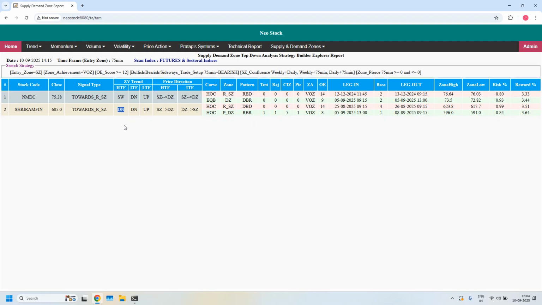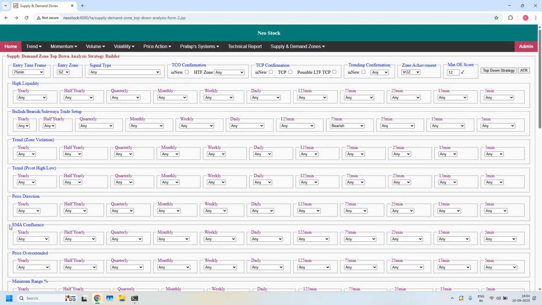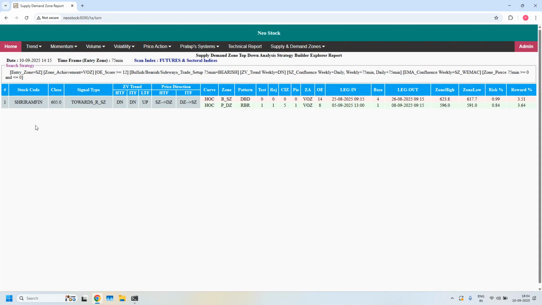Let's verify if this weekly supply zone is having any weekly EMA confluence. And also trend on the weekly should not be sideways. It should be downtrend because it is a bearish trade setup. So this stock is filtered. That means this 75-minute supply zone might be having more high probability to get success,